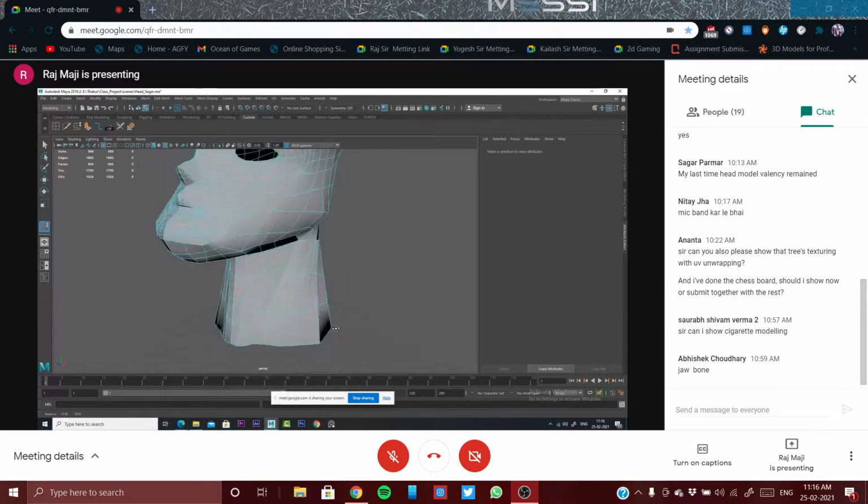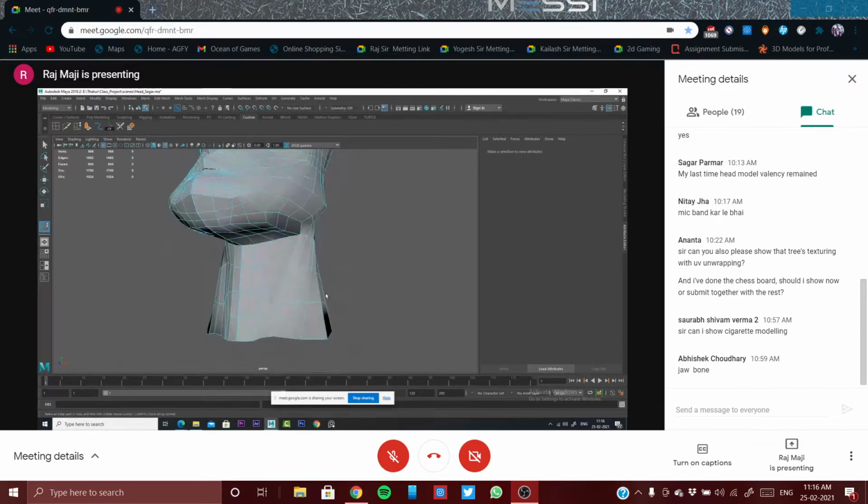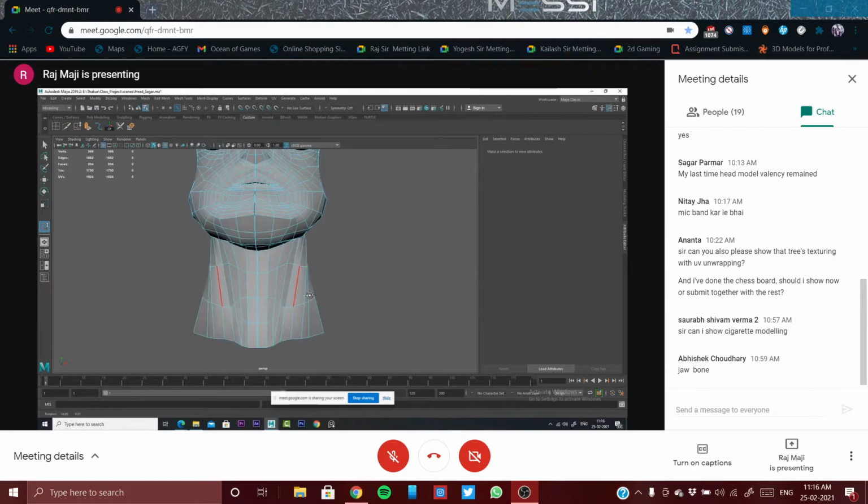Mostly in the male head only you extrude, otherwise for the female head don't extrude, because in the female head, female neck, the muscles will not be so exaggerated like male. And in the male also, not each and every male you should extrude. Some of the male figures you can extrude, like very exaggerated muscles the figures are having.